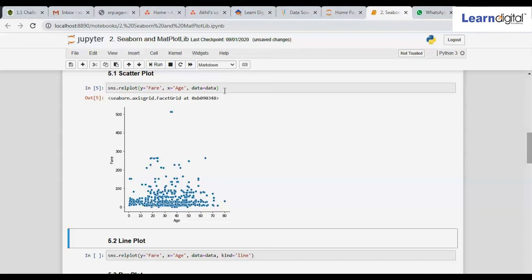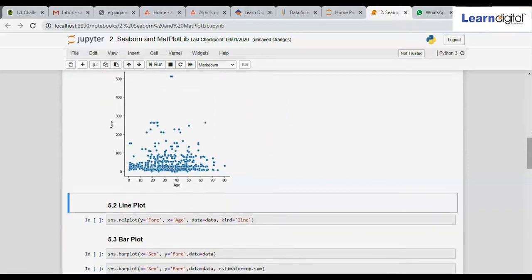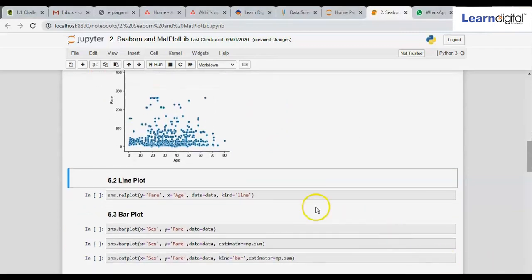Now we can also make a line plot between two numerical features. Let's make a line plot between age and fare. Let me show you how we are going to do that. As you can see here, the code for the line plot remains the same.